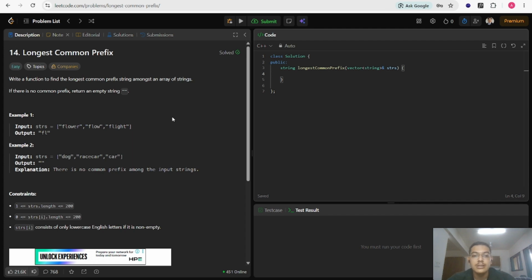To begin, we capture the absolute first word of our string vector, strs of 0, and initialize it as our baseline prefix string called substring. Right after that, we kick off a standard for loop using index i starting at 1 to iterate through the rest of the words in our vector. So let's do that. So we will use substring, for